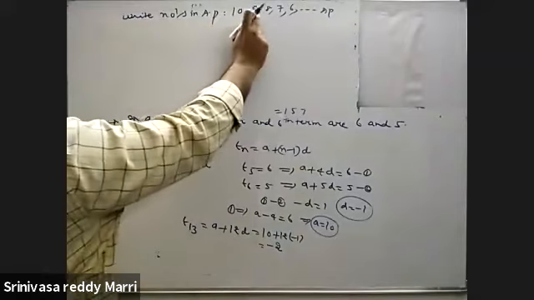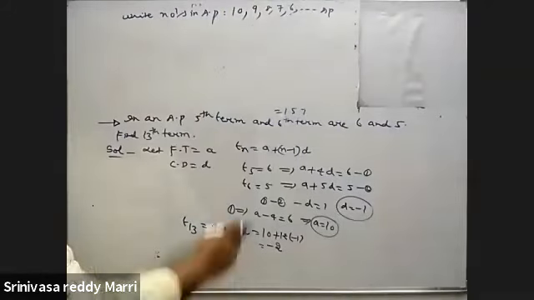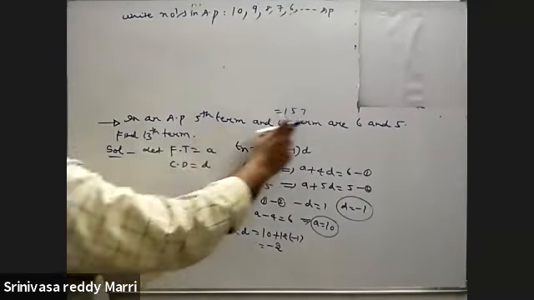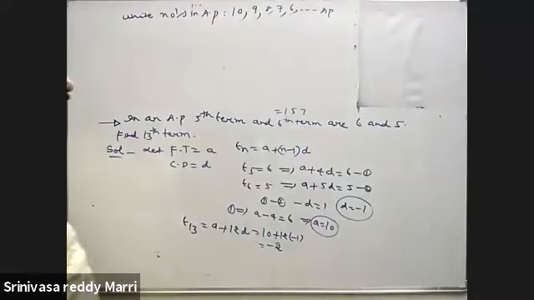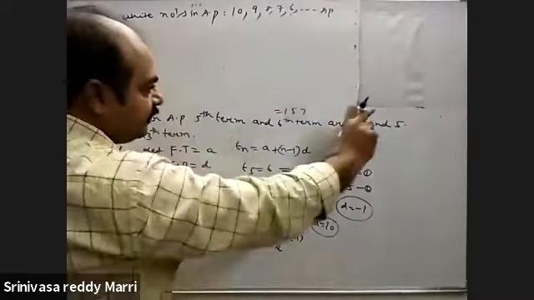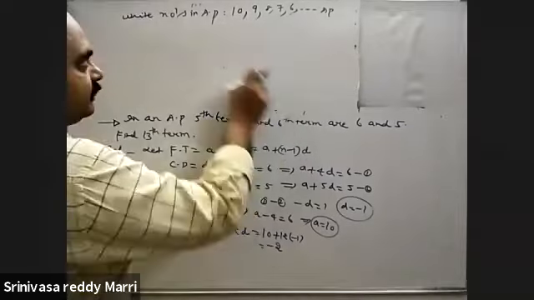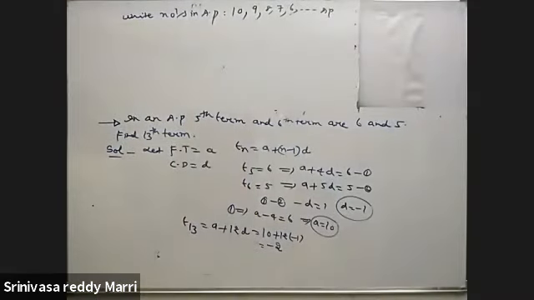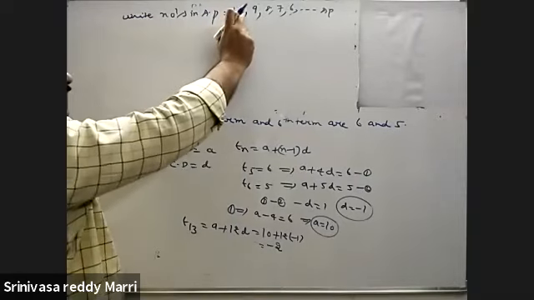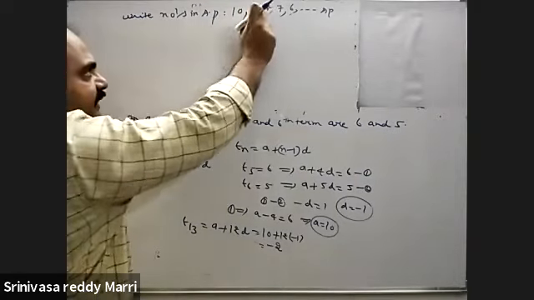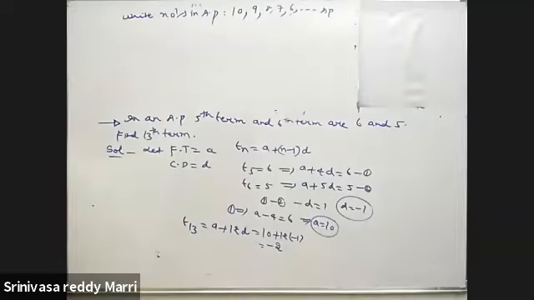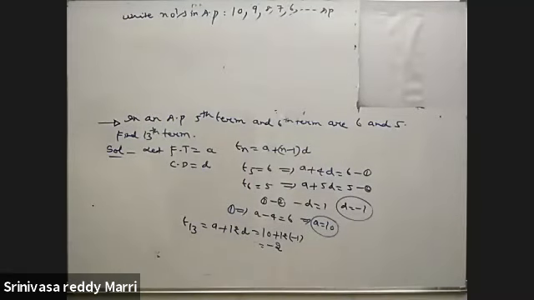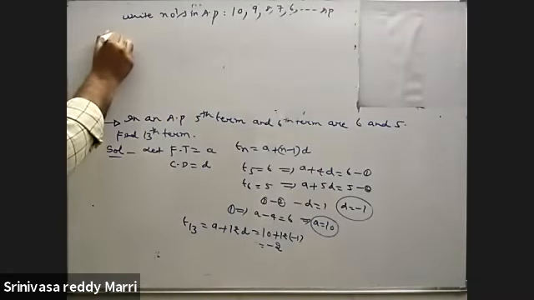Look at 1, 2, 3, 4, 5. The fifth term is given as 6. The sixth term, you will get 5. Like that, in this AP given. Okay now. Progression means just that series we have to write. If you know a and d, first write a, then add d to it, then add d to it again. Like that you can write the arithmetic progression. Look at one more problem.